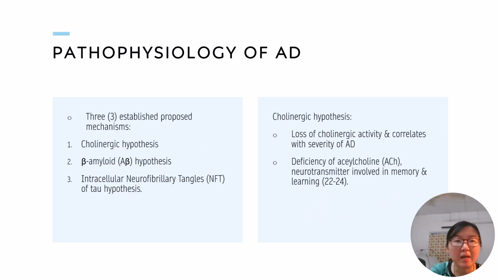The pathophysiology of AD is not completely understood. However, there are three established proposed mechanisms. The first one is the cholinergic hypothesis, whereby this hypothesis claims that there is a loss of cholinergic activities, which appears the most prominent among other neurotransmitter deficits in AD, and it also correlates with the severity of the disease. In other words, there is a deficiency of acetylcholine, a neurotransmitter in the brain that is involved in memory and